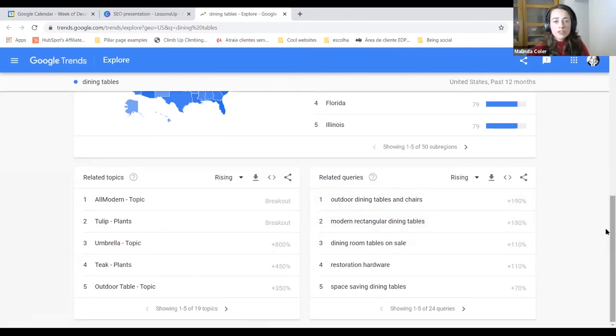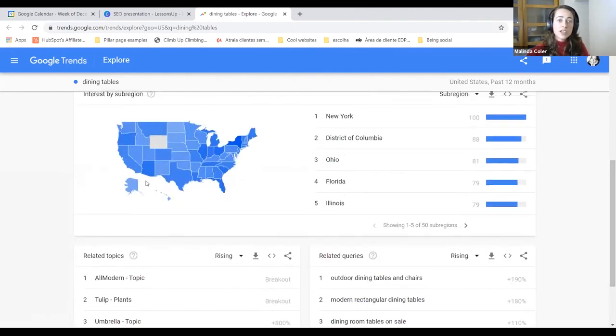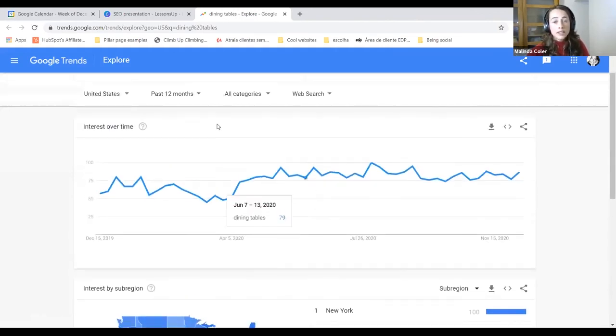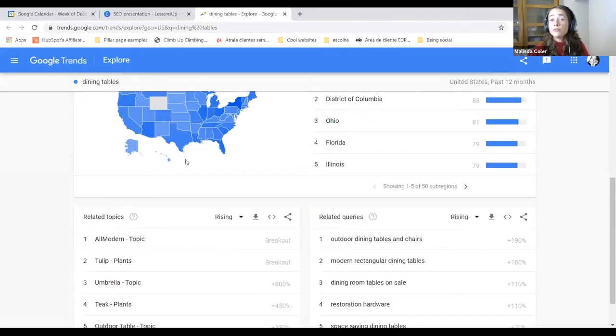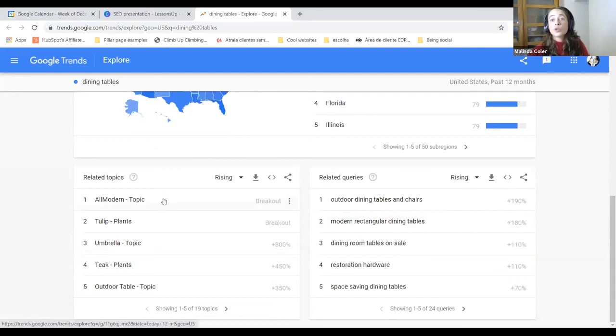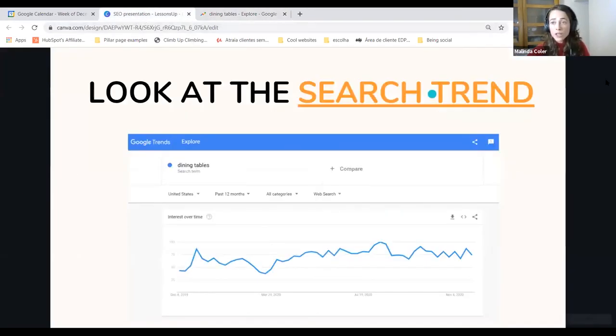And there's much more information that you can find out on Google Trends. You can see in which states people are looking for a specific thing. And you can change the date, you can change the location, and it's super cool. So definitely use Google Trends when you are selecting your list of keywords, of terms that are important to your website. So going back to the presentation,